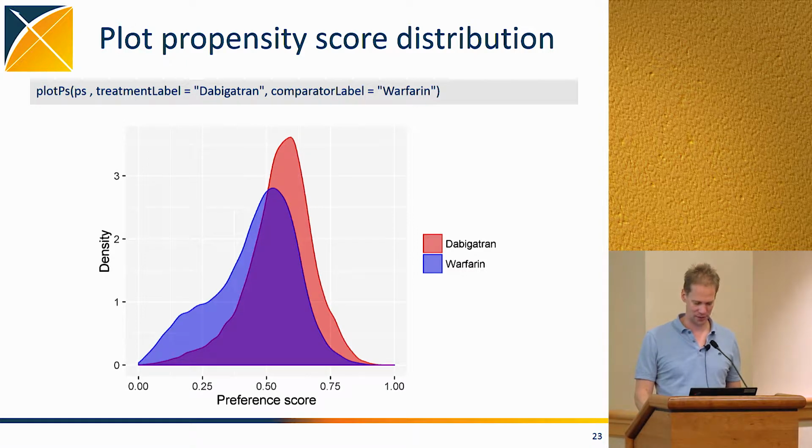So Graham didn't mention the caliper, but you should use a caliper because you don't want to allow too large a difference between target and comparator. So this is the point where we're actually at the population that's going to go into our outcome model. And at this point we could say, well, I want to see how I got there in terms of numbers. There is a function called draw attrition diagram that I can call on this matched population